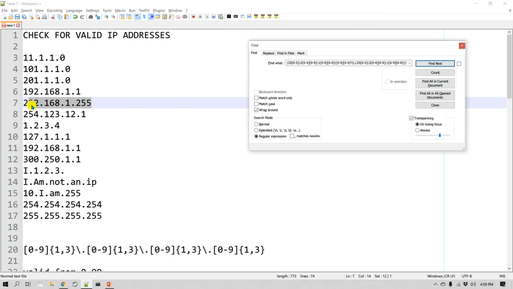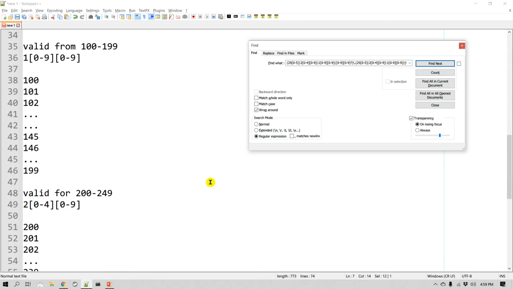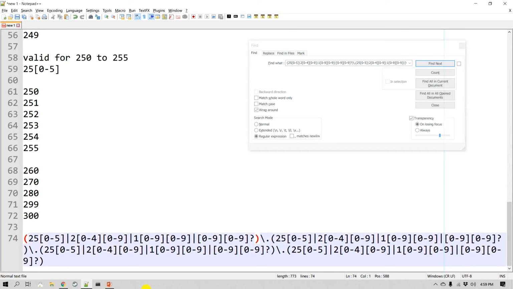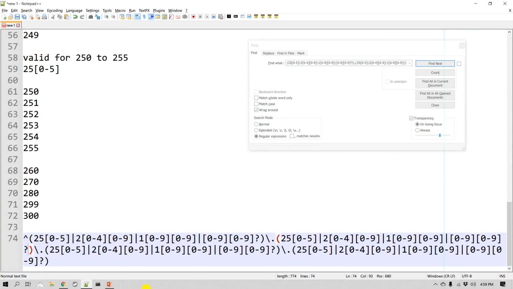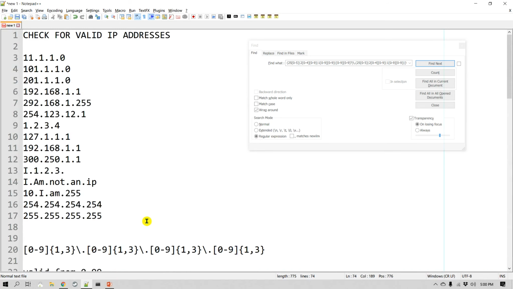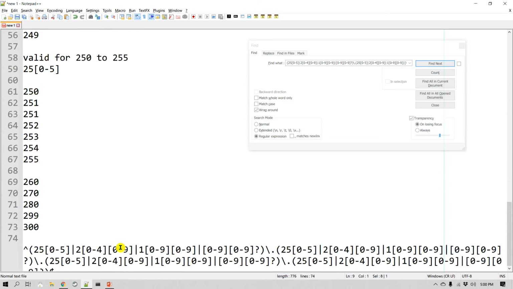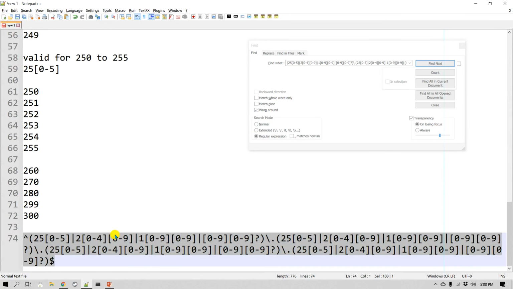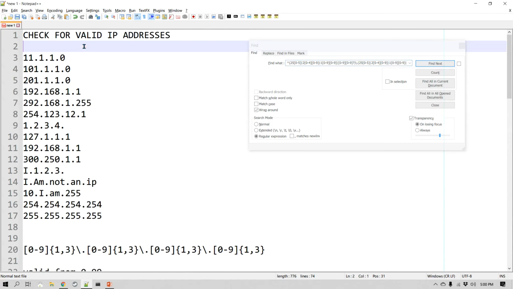So what happened here? Well, it tried to match only these 92, and so one way to make sure that this doesn't occur, we can say that these IP address lines start right at the beginning and end right at the end. And actually I'm going to put a dot in one of these, like here, and that should not match because that has 4 dots, right? And so I'm going to copy our expression again and then paste it. Let's go back and test one more time.